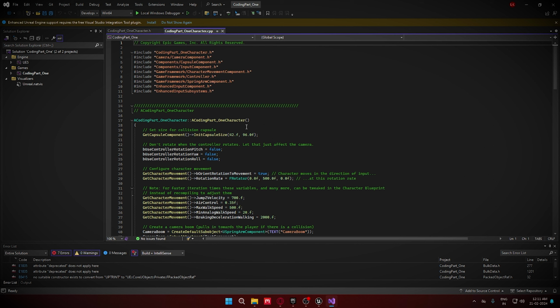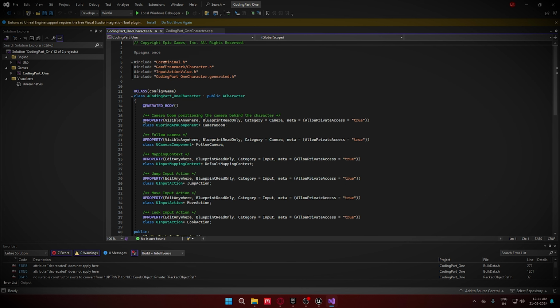And in the other we are going to use those variables to perform something in the game, or a concept in the game. So in the .h file we are going to declare variables, right? And